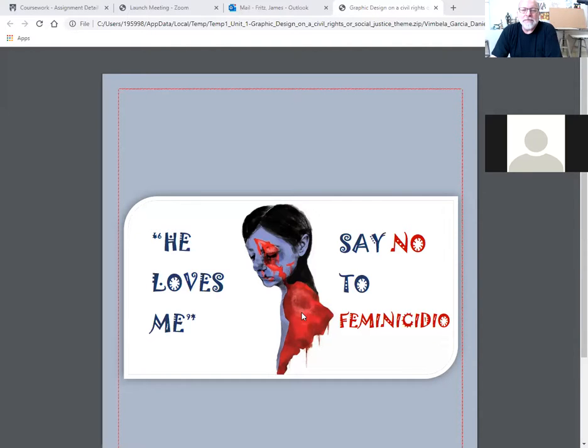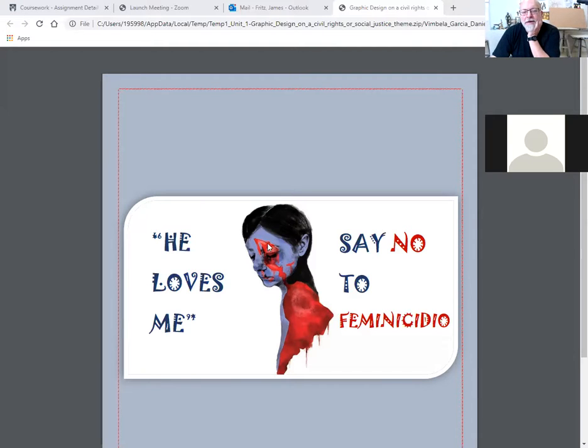The student is not here today. I don't know if this is an artwork that this person did themselves, or something they found on the net. It looks like a charcoal drawing of someone who has been battered, with a black eye and stuff like that. And then more red has been splattered over the top of it to indicate blood. It's a very powerful graphic statement. The last thing that I can identify for us, oh, I get it now. I see it. I didn't see it before.